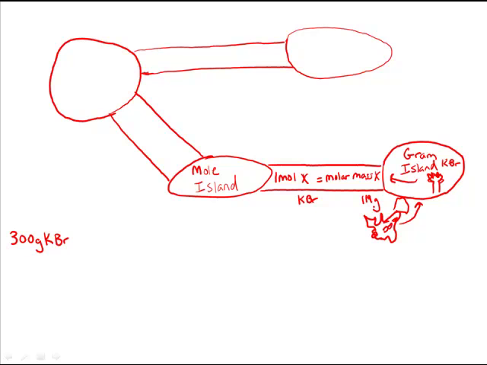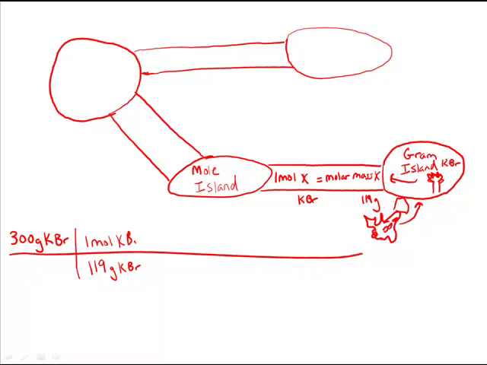You get 119 grams. So if we know we have 300 grams of KBr, and we know that 119 grams of KBr is equal to 1 mole of KBr, we can convert it to get moles of KBr. If we did this step, we took 300 divided by 119, we'd have our answer of moles of KBr. But that's not where our journey stops, because it turns out that,